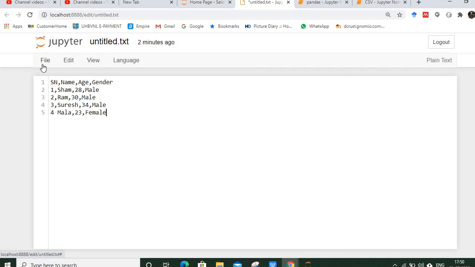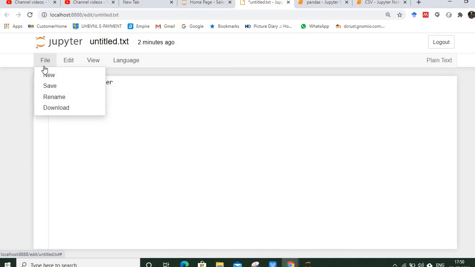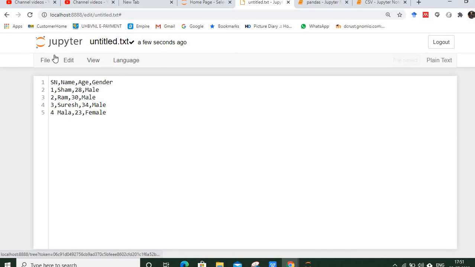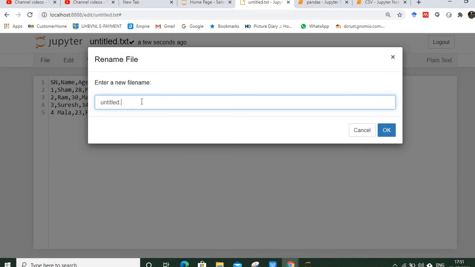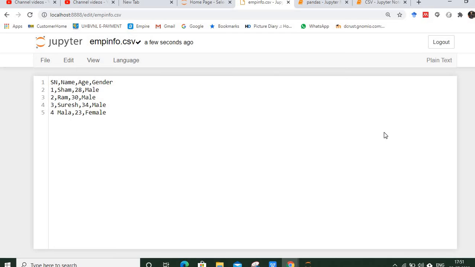Next we need to save this file in CSV format so that we can retrieve these rows and columns from Python. So let's save this, and then I need to rename this file to some compatible format. Let's say the file name is info, and the format is of course CSV. So I want to save that. Okay, then this file is stored on this Python server.